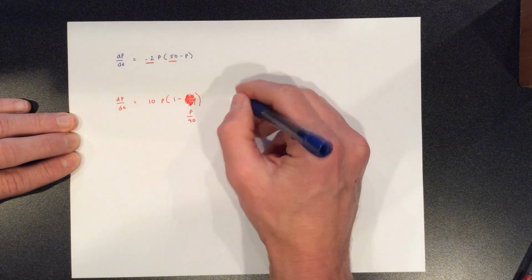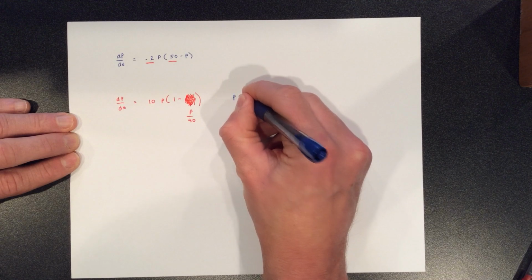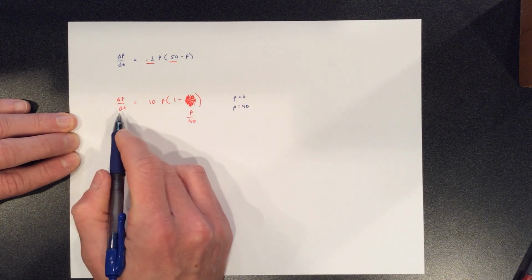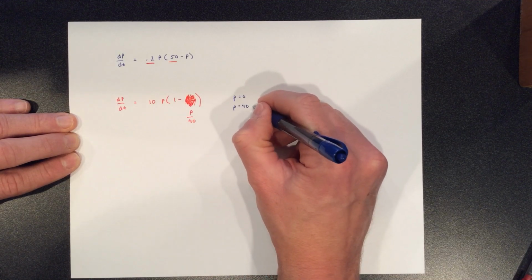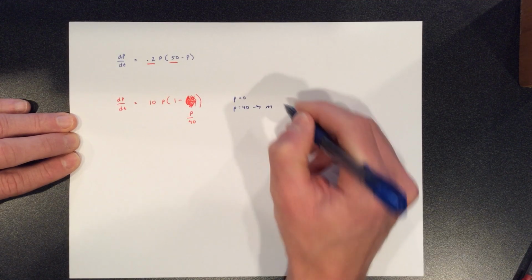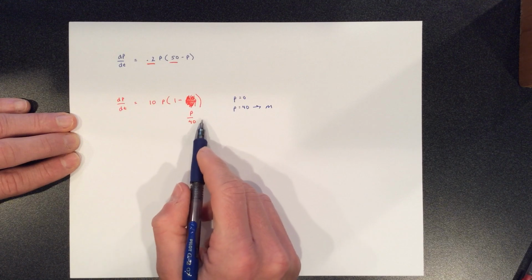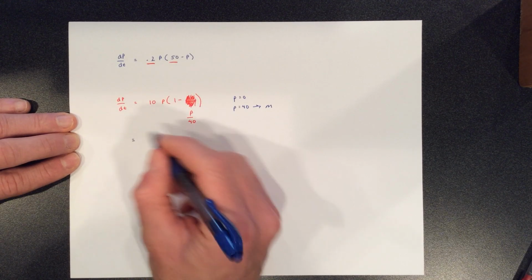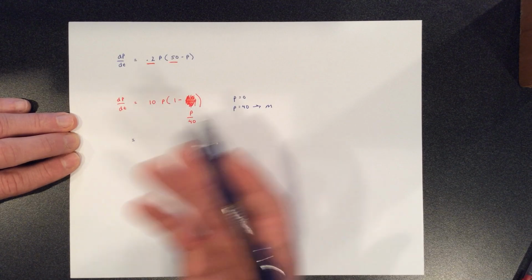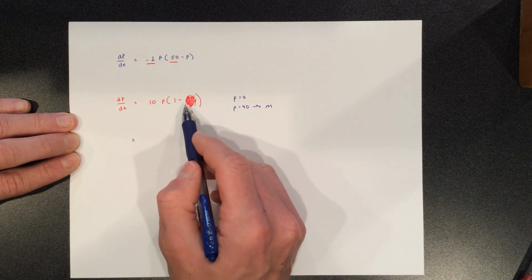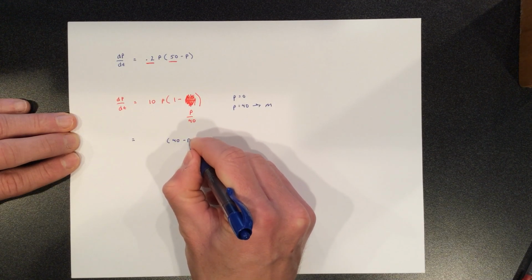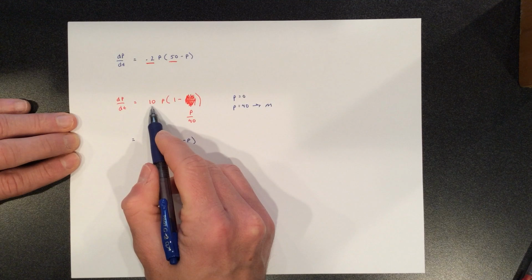Do you see that when P equals 0 and when P equals 40, we still get a growth rate of 0, which means this is your capital M. And you can see that. Just multiply this by 40 and divide this by 40. And again, if I have two things, and I don't want to change anything, I want to multiply this by 40 to make it 40 minus P. Then I just have to divide this by 40,